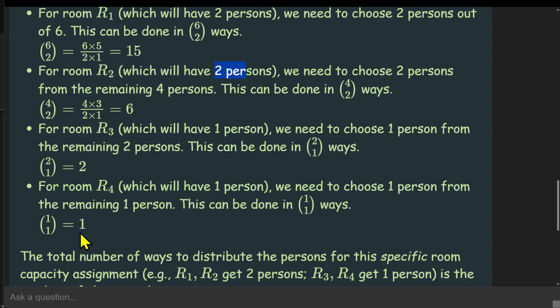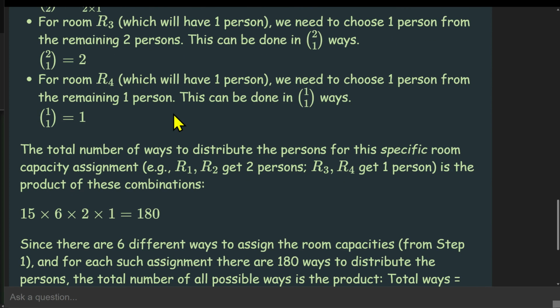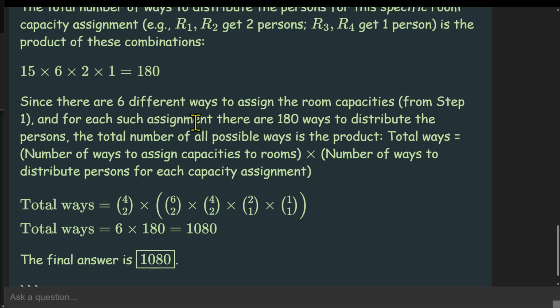So the number of ways to distribute the persons for this specific room assignment, that is R1 and R2 get two persons and R3 and R4 get one person, is the product of these combinations: 15 times 6 times 2 times 1, which is 180 ways. Since there are six different ways to assign the room capacity from step 1, and for each such assignment there are 180 ways to distribute the persons, and the total number of all